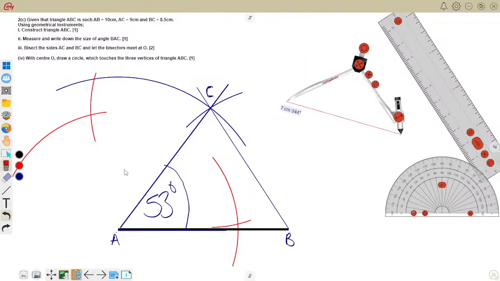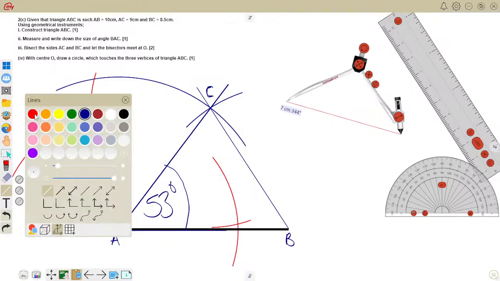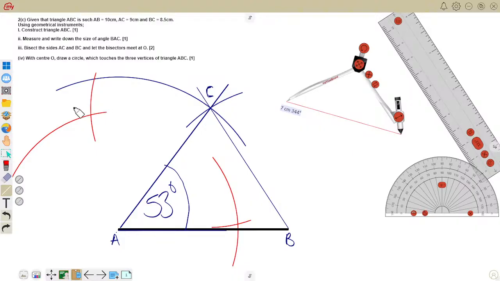Then what we can do is we can draw a line. Let me check if my line tool will work here. Okay, now it has worked. So again, I want to use the red color, so I'll come here and choose the red color because that's the one I use. Until I complete drawing the arcs, I use the identical colors. I use the same colors until I have bisected the